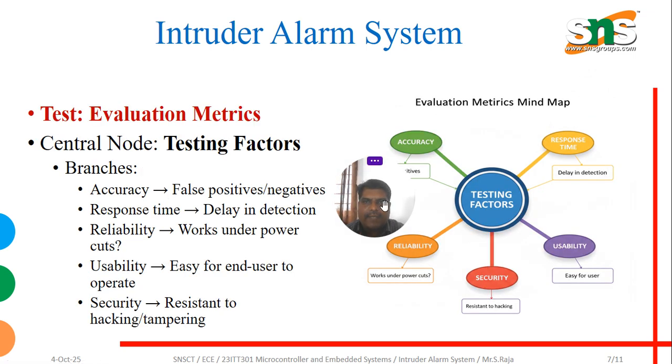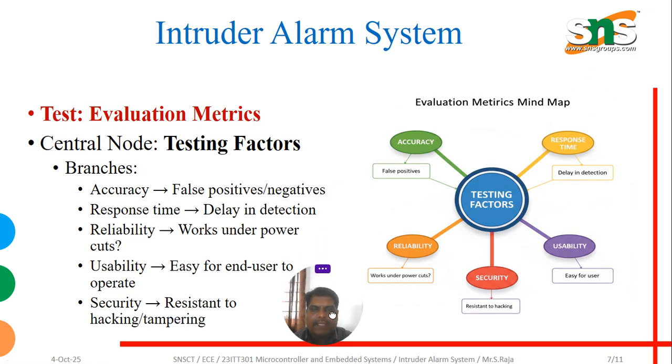The next is the evaluation process, where we have to test our product in a good way. The test may consist of accuracy: we have to provide good accuracy by minimizing false positives, and we have to improve the response time, that is, we have to respond immediately. Then third is usability, that is, the user can be anywhere in the world, so it must be user friendly. Then we have to provide good security, and also